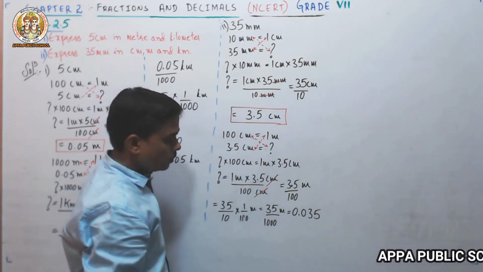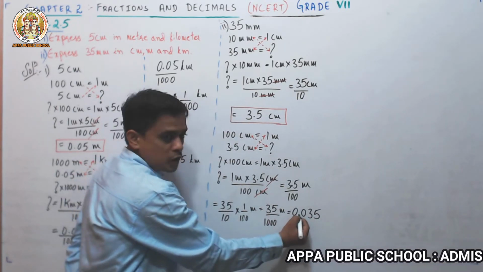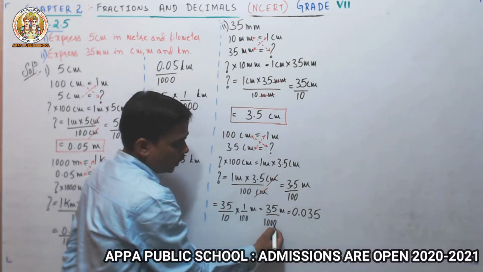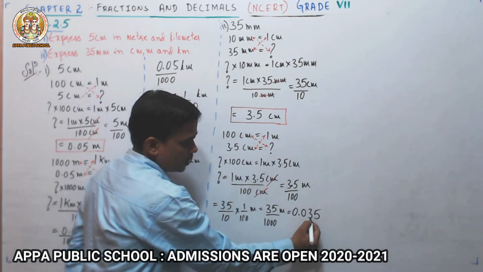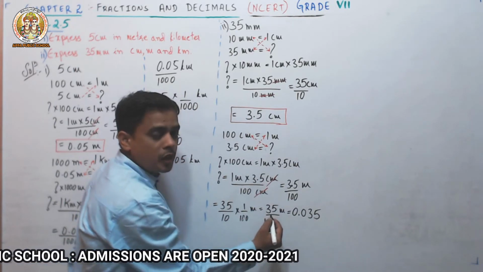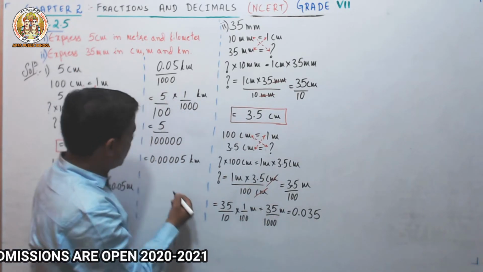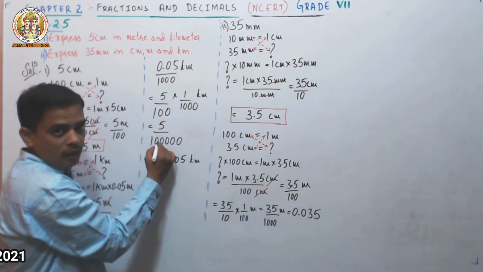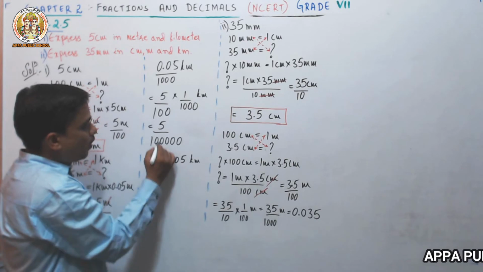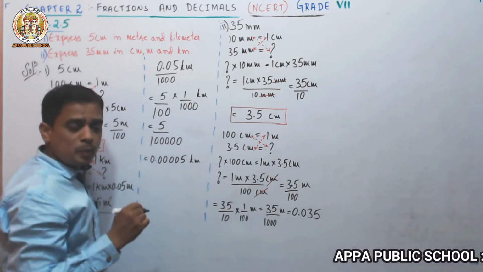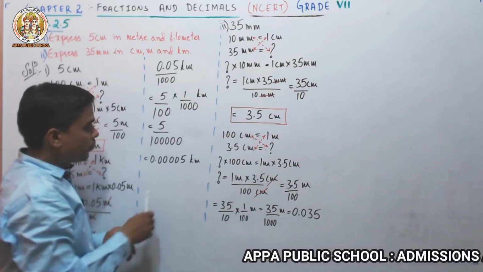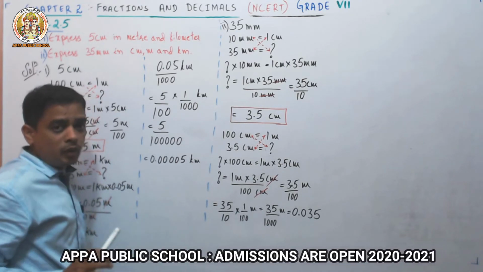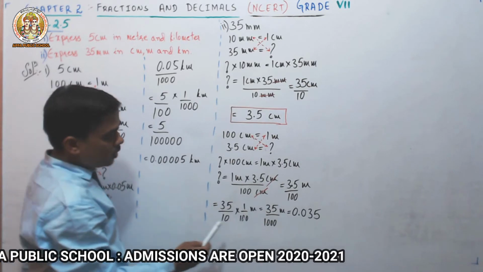Got it now? Instead of the decimal point, 1 is there. After the decimal point, how many zeros? 1, 2, 3. This 3 I have written from the numerator, because you have to write the numerator numbers as it is, as I did in the previous one. See, 5: I have written this 5, and in total 5 zeros are there. With 5 zeros, how many will I write? 4. Why? Because already one number is present in the numerator, therefore I will subtract one from these zeros. You have to assume it.